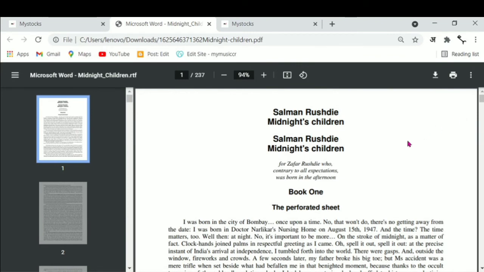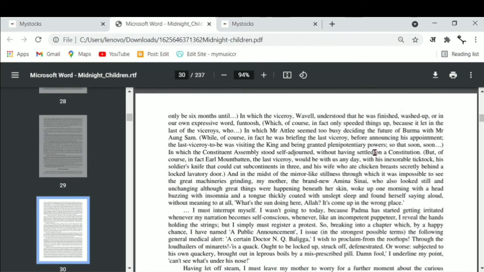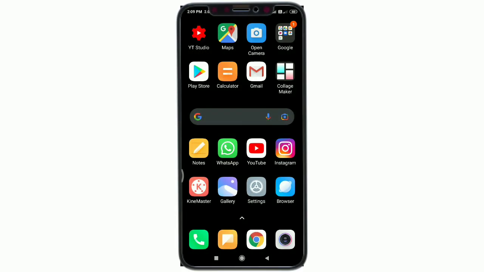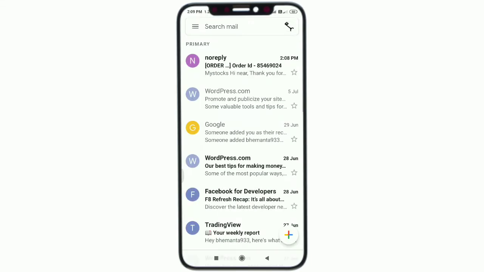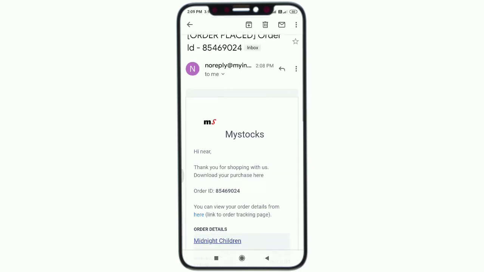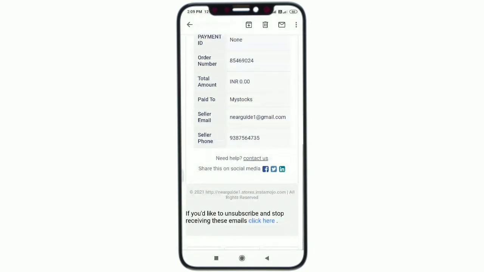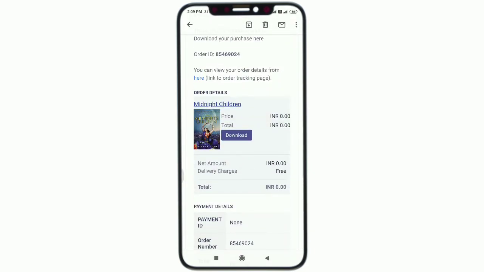Now I go to the mobile and try another time. Go to the email, then click here no reply. There is the product detail is here. If you want to download this, then click here download.